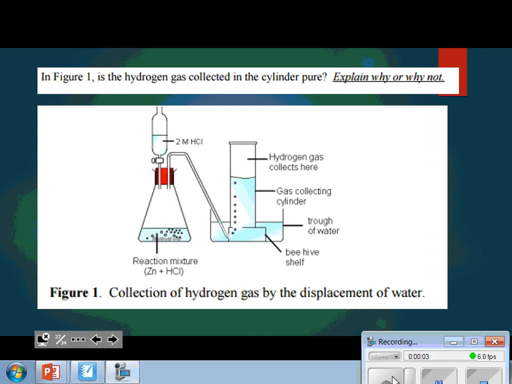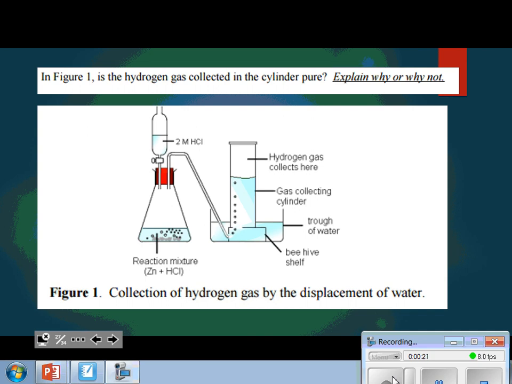So this recording is part 2 of part 2, the second half of part 2 notes. It's going to be a little bit quicker than the partial pressure part. I don't have quite as many examples to show you. So what we're talking about here is the collection of gas over water, the collection of gas by water displacement